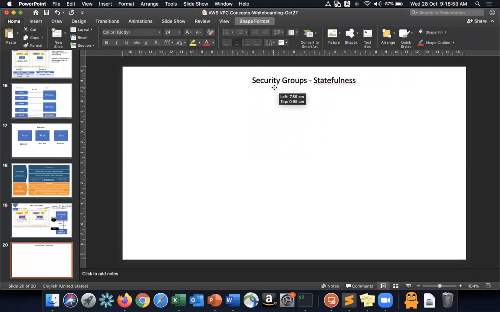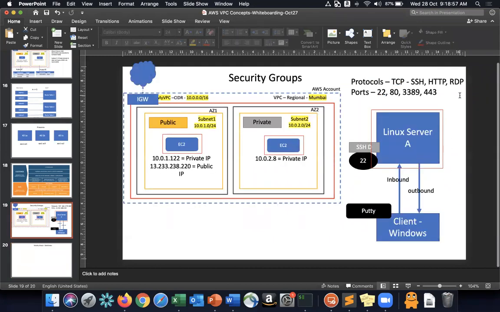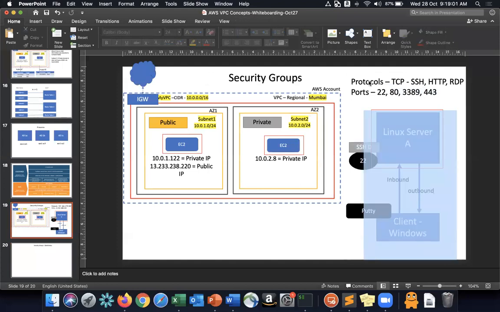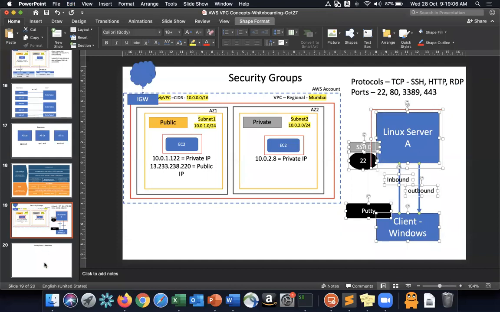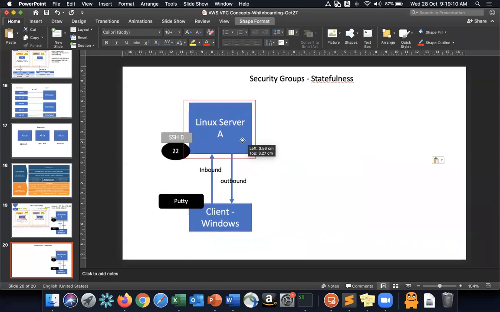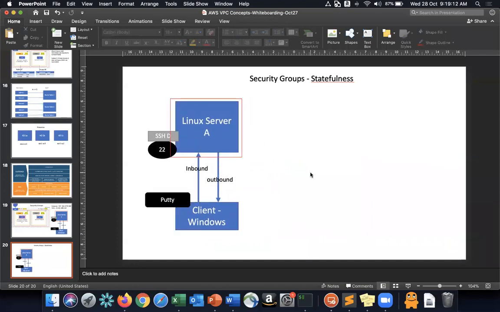Yeah. So let me just copy this. I'm just copying this here. Okay, so now what will happen is this is how we want to allow a PuTTY